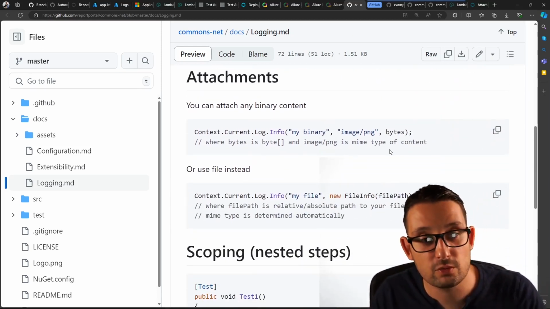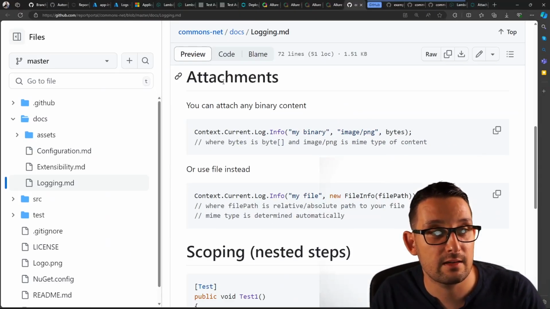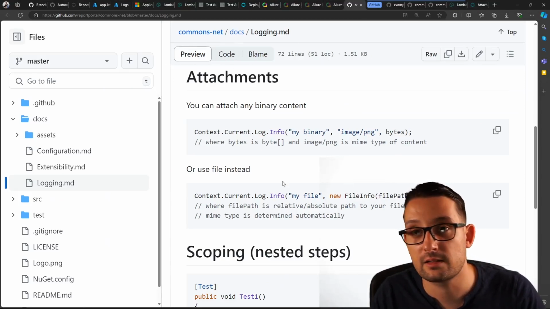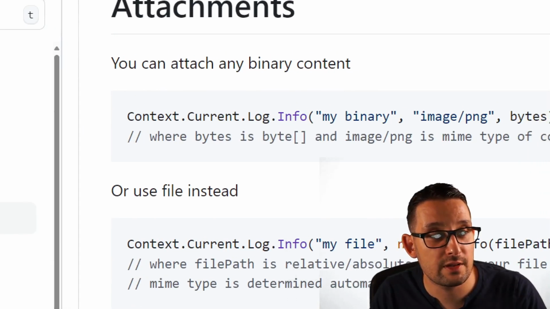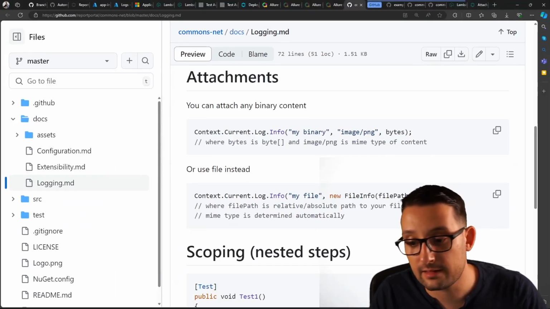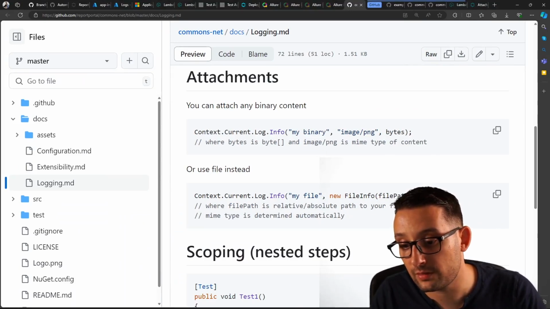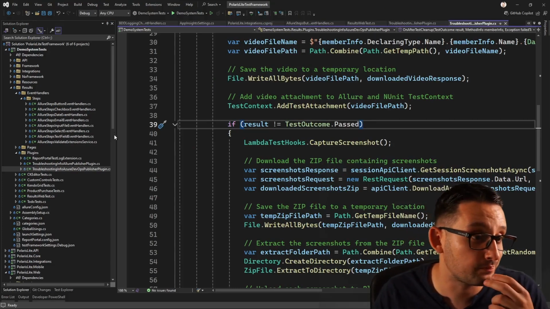However, if you want to send, for example, attachments to particular tests, again, this is the project that you need: commons.net under the ReportPortal project. And as you can see here, you can use this context current log info. Another thing that I showed you before, if you want to create a similar BDD logging that I showed you,